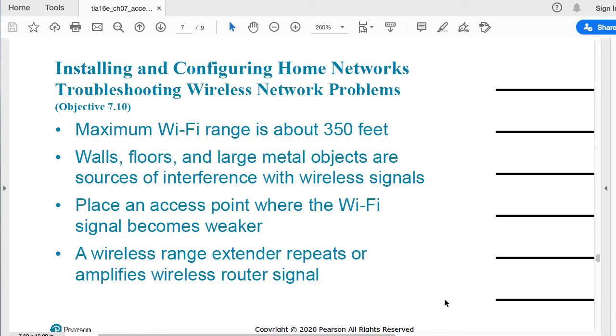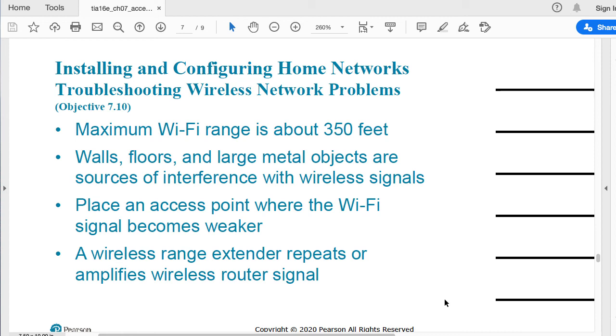Then you move the access point to a different location and you do it all over again. Doing that, you'll be able to say, okay, if I place my access point in my living room, in my rack, that's where I will get the best performance on average for my wireless network.